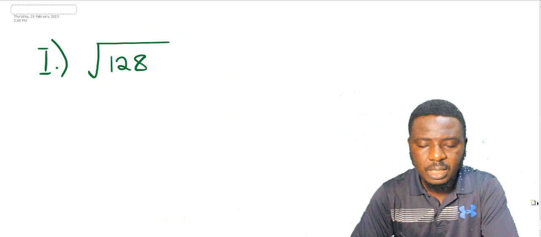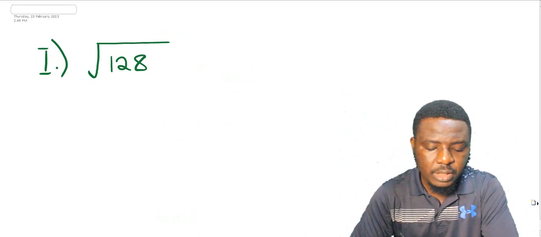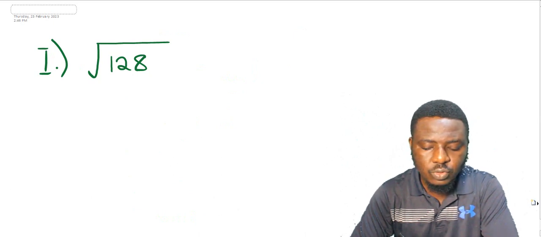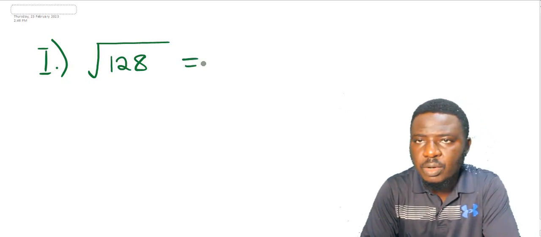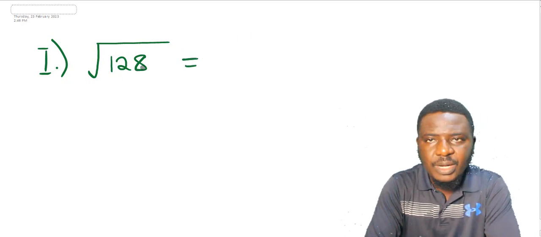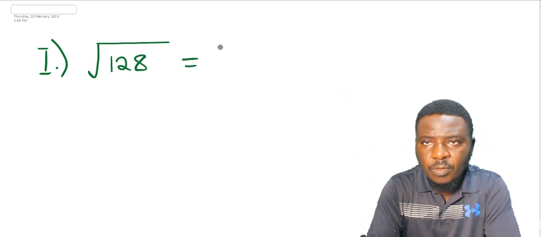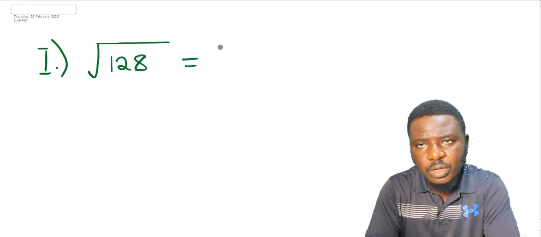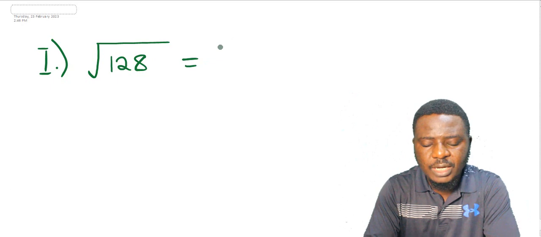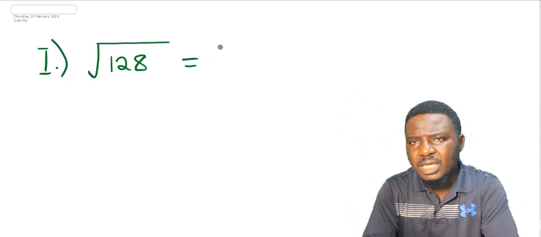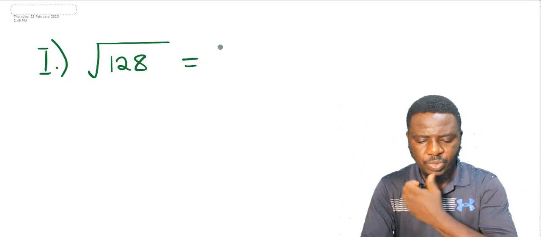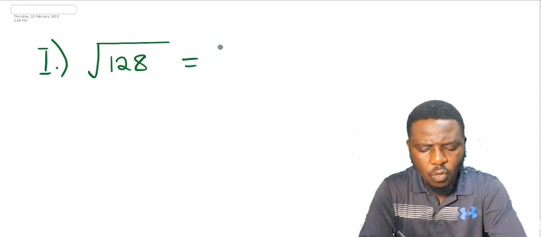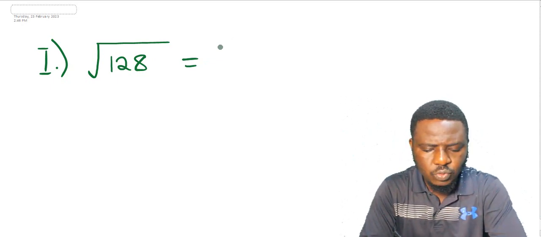Question I says root 128. Root 128 can be broken down into, when you divide by 2, it gives you 64, and 64 is a perfect square. Now, what if you don't divide by 64? Let's say you decide to choose another number. Okay, 3 cannot go. Let's say 4. 4 into this will give us